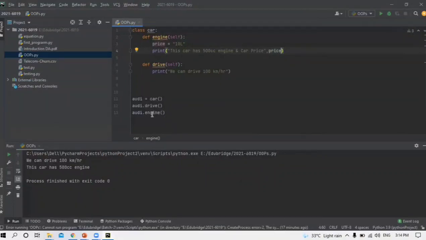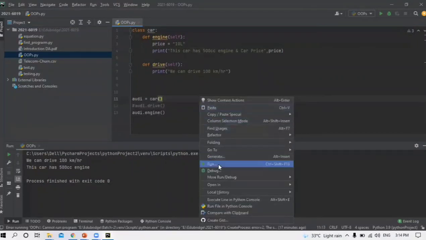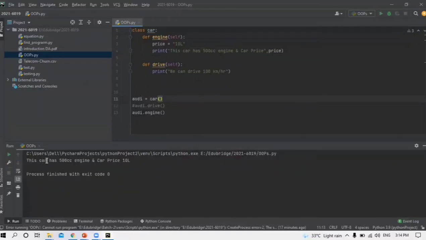When I call only engine, let me put drive as a comment. When I run it, you'll get the statement: this car has a 500 cc engine and car price 10 lakhs. This time you can easily use this variable, but I want to use the price variable in the drive method.